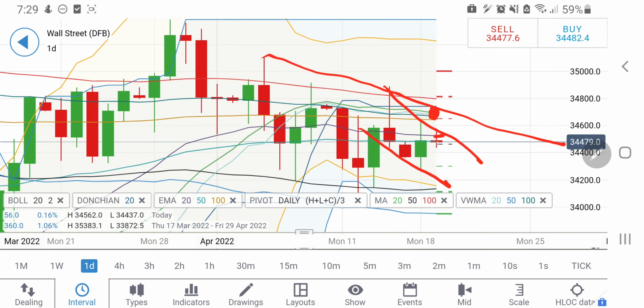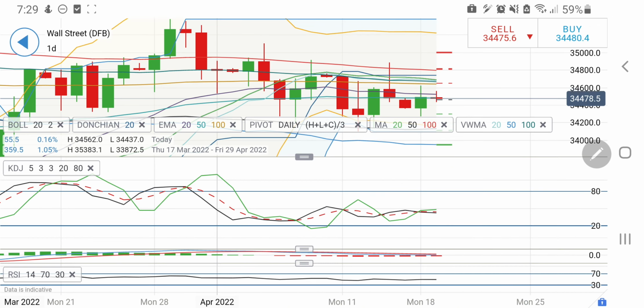On the downside, breaking 34,450, you can expect 34,400 to provide a little support, and then 34,370 to provide a very strong support. Below that it may try to come back towards 34,200. This is also very much possible. It is trying to trade in this channel. Any breakout beyond 34,450 is a good indication that it is trying to break out on the upside. Then you can expect it may hit 34,650, 34,700, and 34,750 levels are also possible. On the downside, breaking 34,200 is something I'll be watchful of.